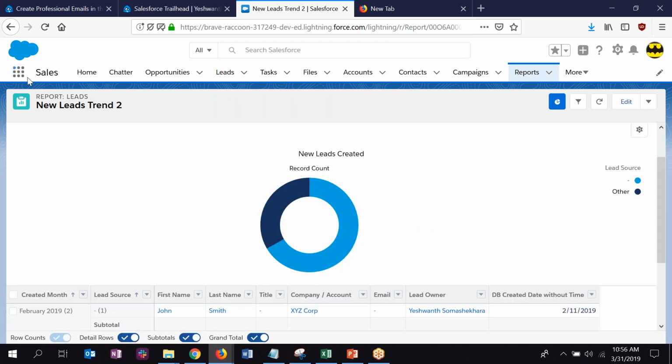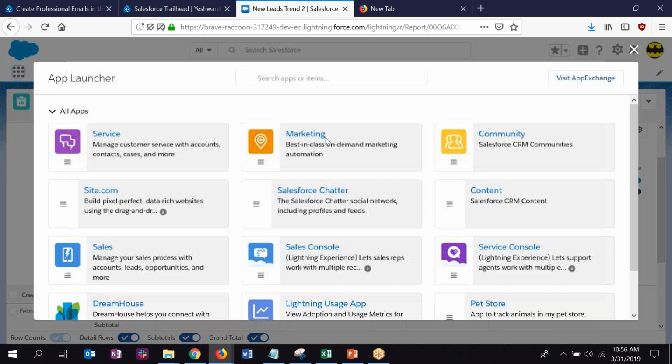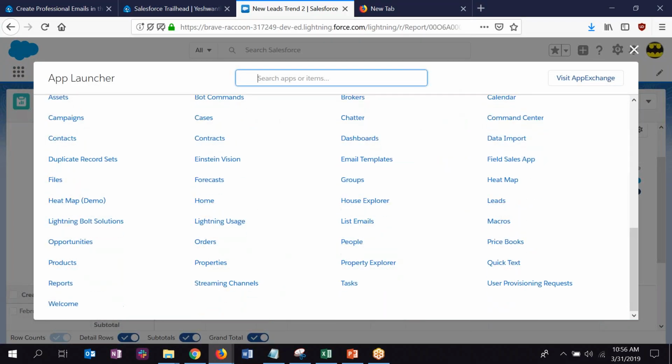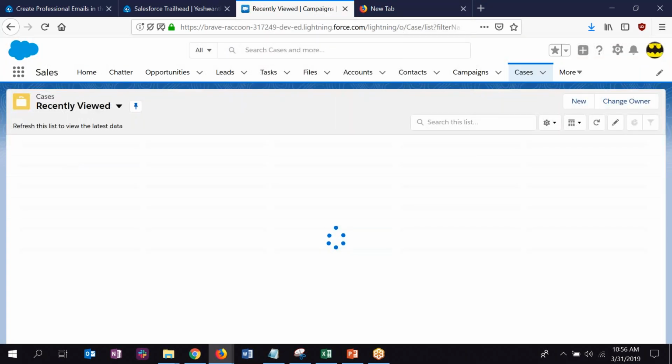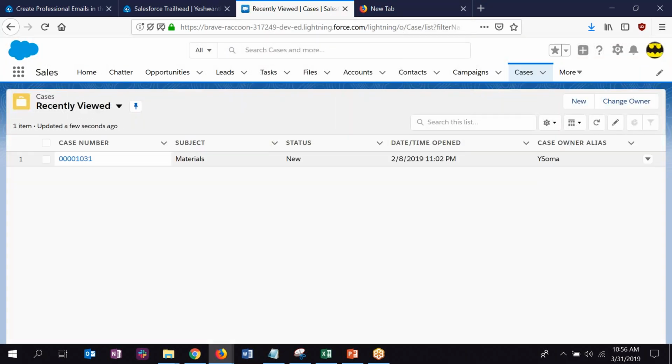Then you see these 9 dots here. This is called the app launcher. So basically, you can define what a person can see in their tabs, and some more if you want to. We can have a lot more modules inside Salesforce. Look at this. These are all the modules that people can access. You can just search. So this is how the basic structure is.